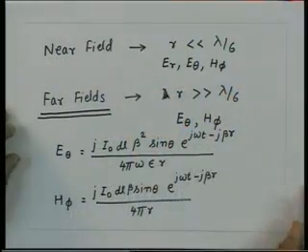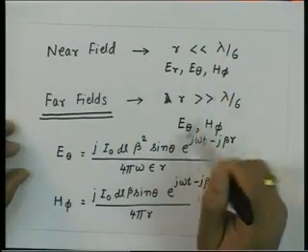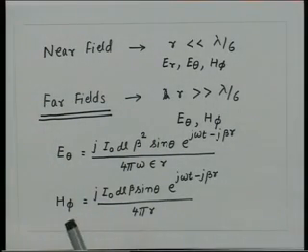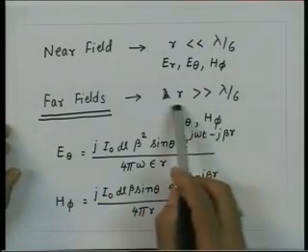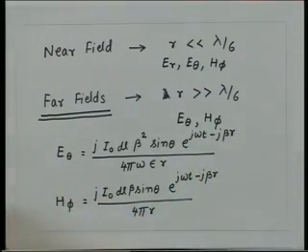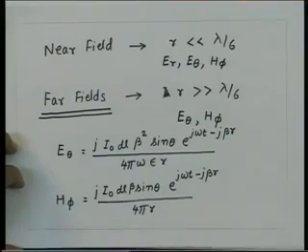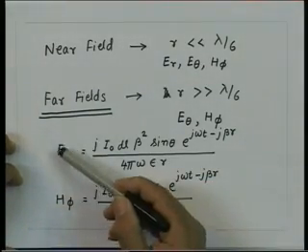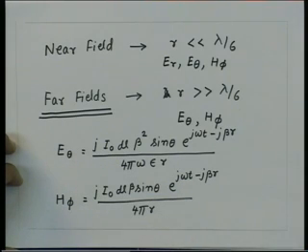So, we essentially divided the fields into these categories, and then we said, depending upon the distance from the dipole, we can call these fields the near field or the far field, and we had a reference distance, which is lambda by 6. So, if the distance is much less than lambda by 6, then the electrostatic and induction fields dominate, and we call those fields the near fields, whereas if we go to a distance which is much larger compared to lambda by 6, then the dominance is by the radiation field. And then we saw that the radiation field has only two components, which is theta for the electric field and phi for the magnetic field.